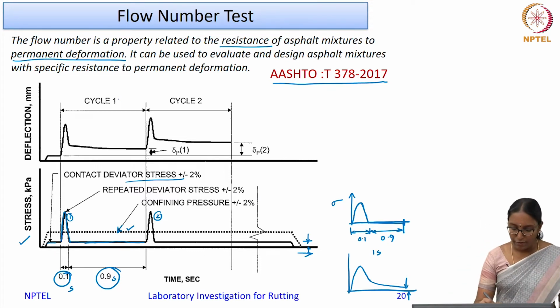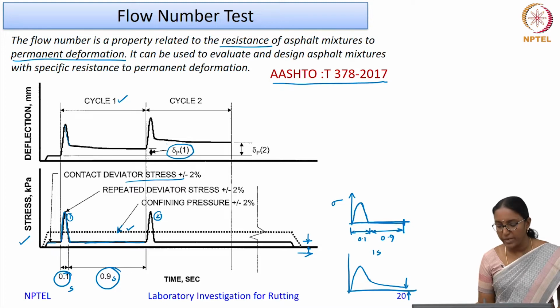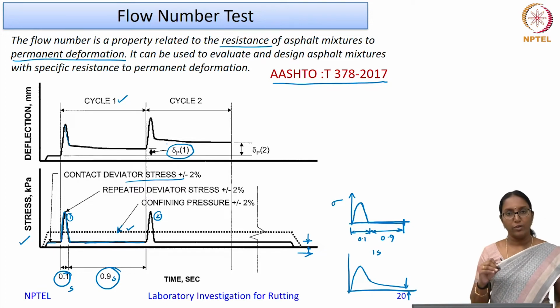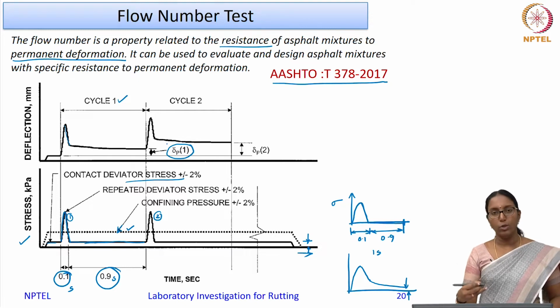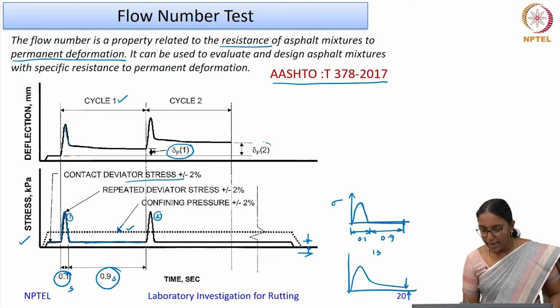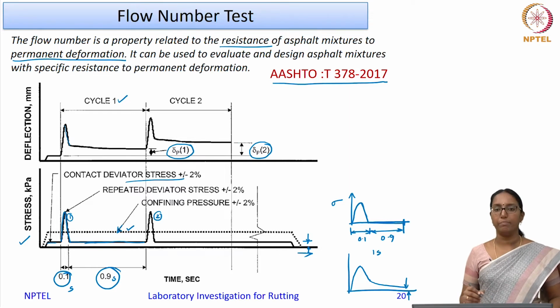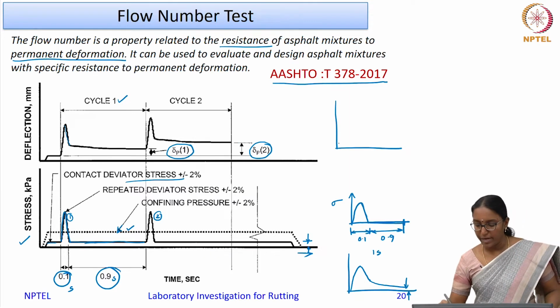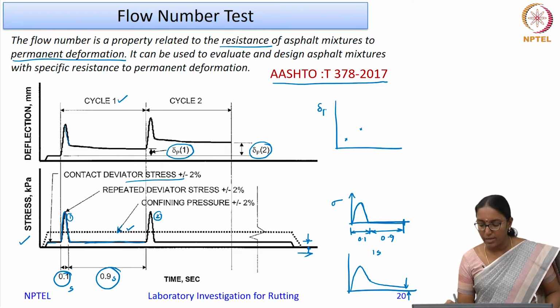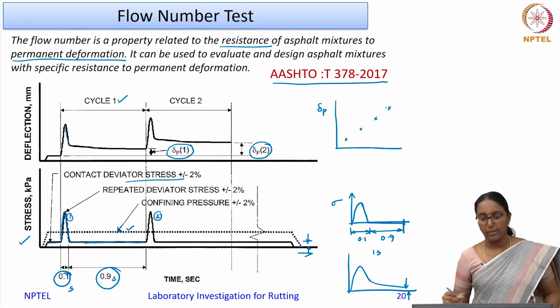There will always be, or there could be, a certain amount of permanent deformation in the material. As you can see here, in the first cycle there is a deformation, it goes down, and there is a permanent deformation of delta P1 after the first cycle. It will remain there, then you load it again, and again it deforms. During the rest period it will recover, and the accumulated permanent deformation is now marked as delta P2. So, every time there will be a certain amount of accumulated deformation. If I draw delta P here, that is the accumulated permanent deformation, it keeps on increasing like this.